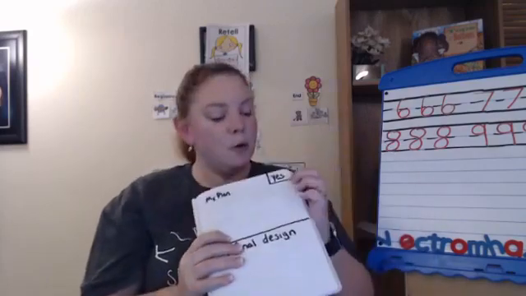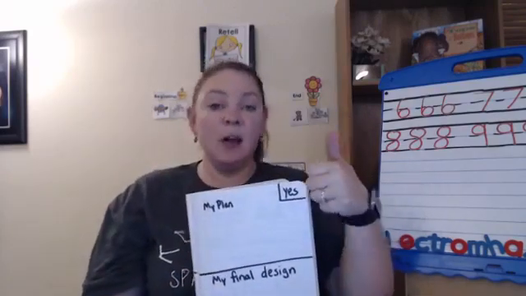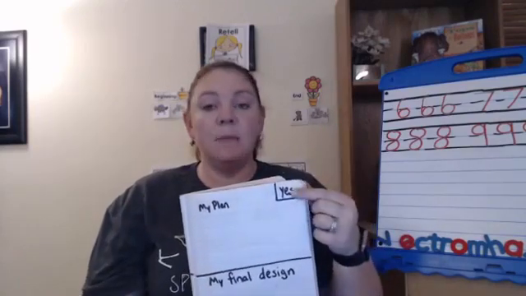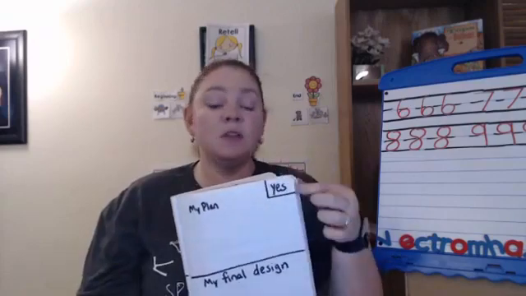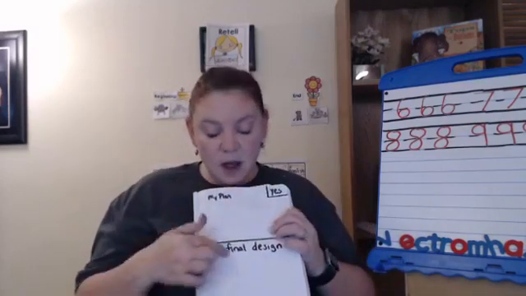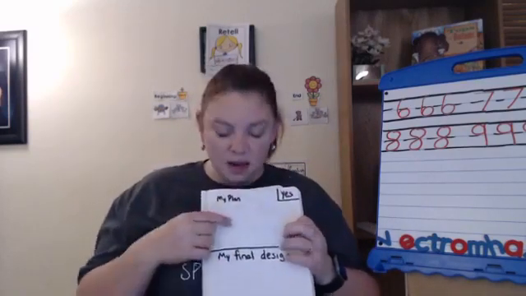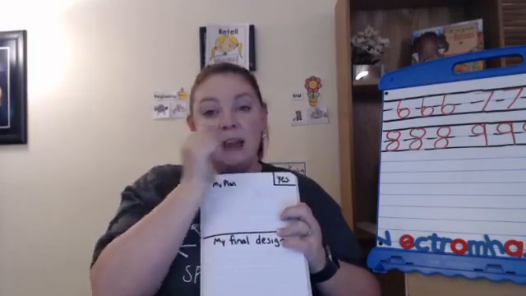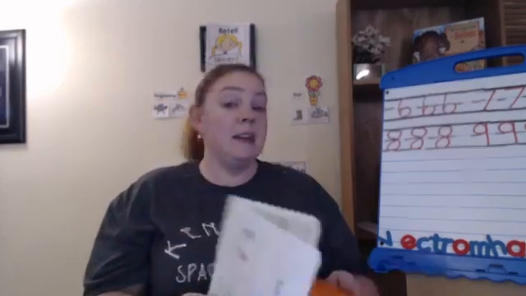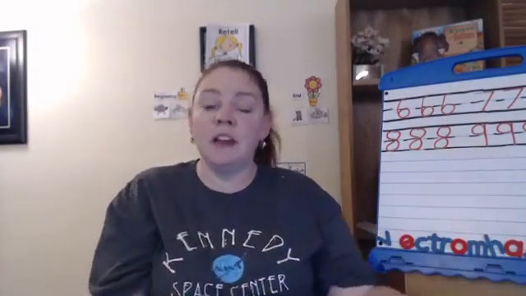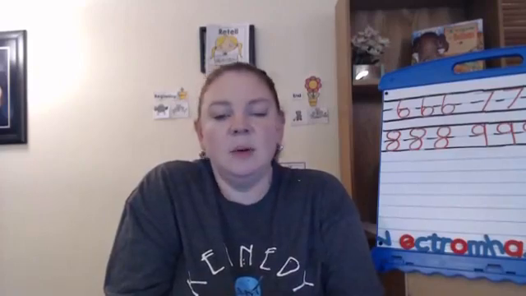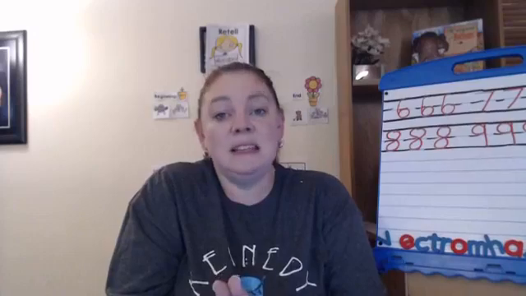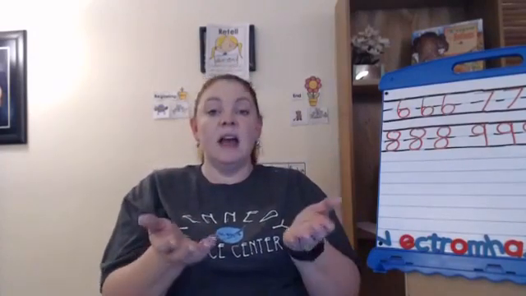And then in the top corner here, if it holds the potato or holds the vegetable or the fruit or whatever, and you said, yes, it holds it, you're going to write a big yes. If it didn't hold it, you're going to write a no. And I want to know, how did you fix it? Because maybe your plan was good, but you had to fix your final design in order for you to get a yes up here. Maybe you just really struggled and couldn't get your vegetable stand to hold up. That's okay too. All today is about is using what you have on hand and building a design that will support a